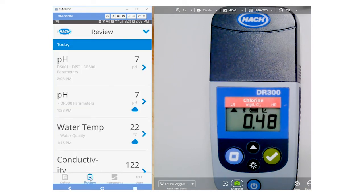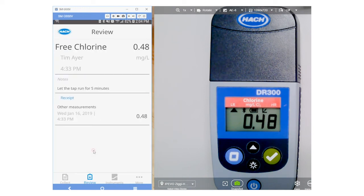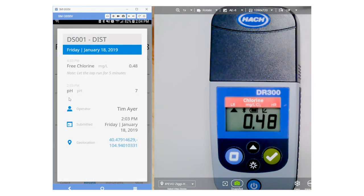and I'm going to scroll down to that. I highlight the data point I want to review, and I simply click on it, and now I'm given the ability to view the receipt, so I'm going to click on that receipt, and it's going to pull that up, so I see that 0.48 that I collected, also the note, and the pH